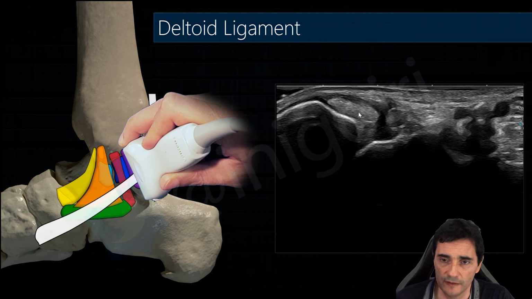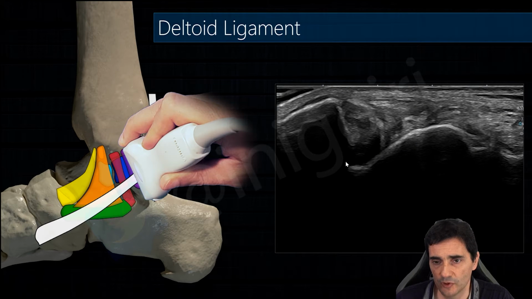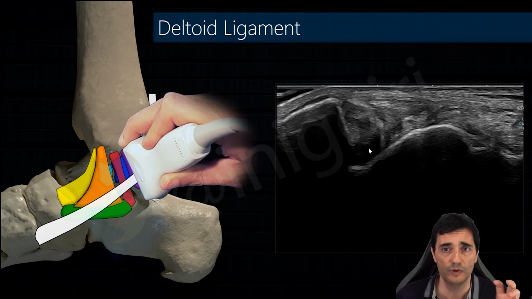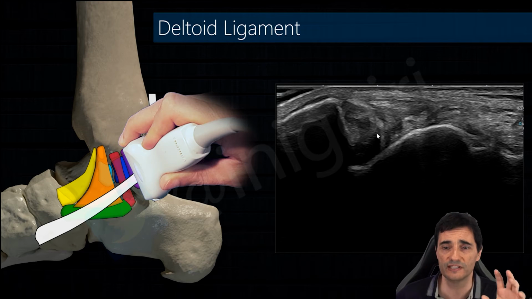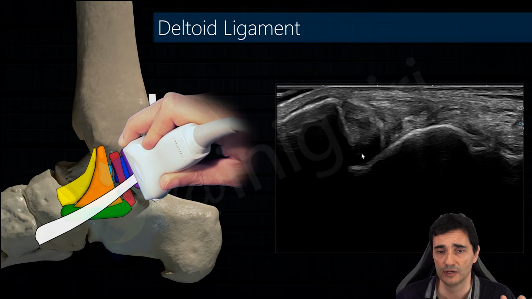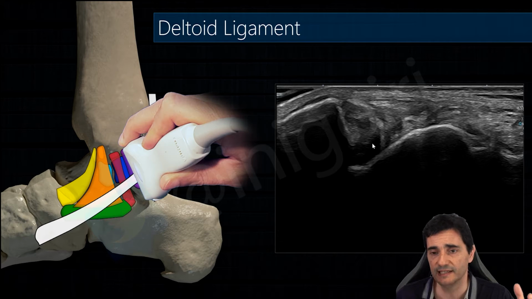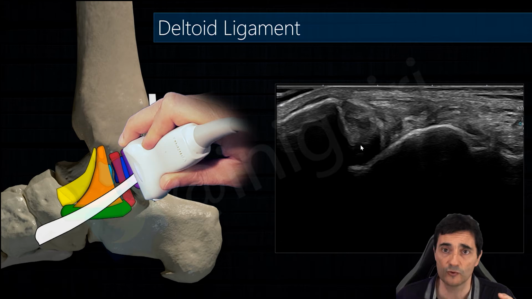Okay, and now we will follow the tibialis posterior tendon, and we will notice that below this tendon a V-shaped bony contour appears deep with a dark structure inside. This is the posterior tibiotalar ligament. We can see here the superficial component and here the deep one. We may say we don't have a good view of this ligament with this orientation. I can see there is something wrong here, and you're right. And we need to get tension to straighten this